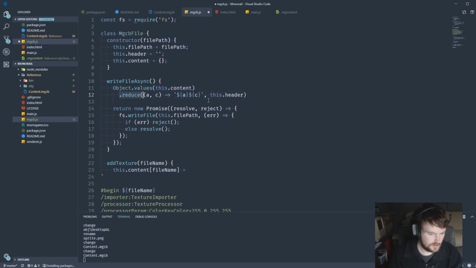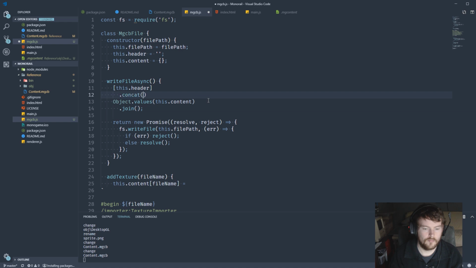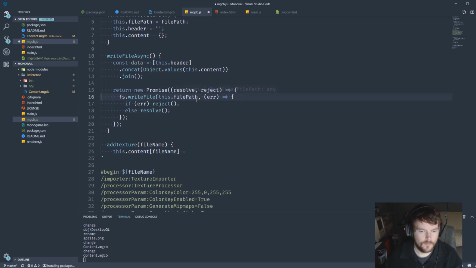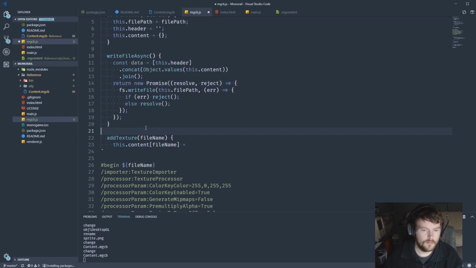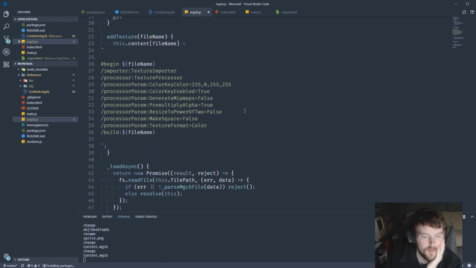We do this just content dot join, and I'll just throw the header on the front, or do that back where I did before. Cat values and then join. That should be good. Okay,